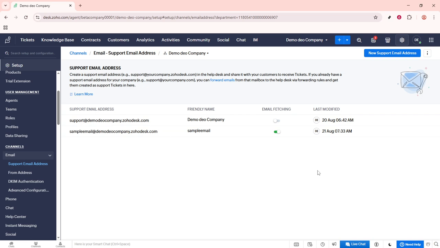By keeping your contact information up to date, you can maintain efficient communication channels and provide optimal service to your